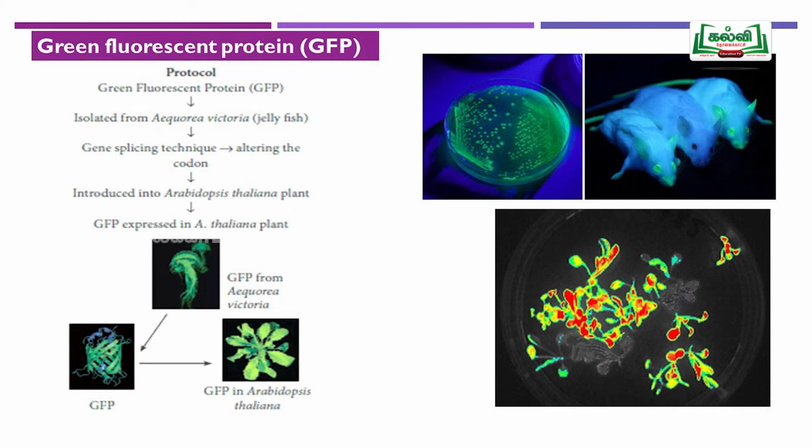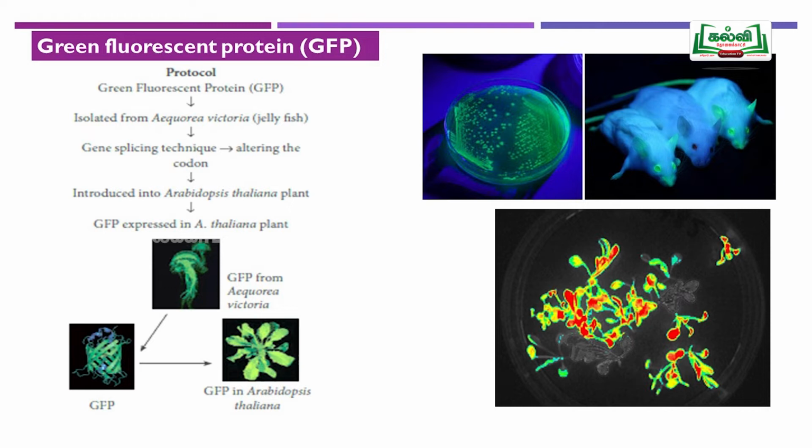In the given slide, in the first top image, the bacteria are cultured, and they emit a green fluorescent color due to the presence of this green fluorescent protein. In the second top image, we may see mice, where the transformed and non-transformed ones are easily identified based on color. The mice which emit fluorescent light in the eye are the transformed ones.